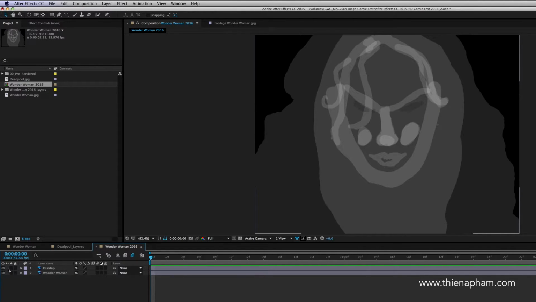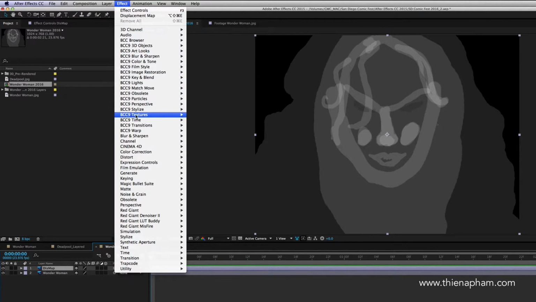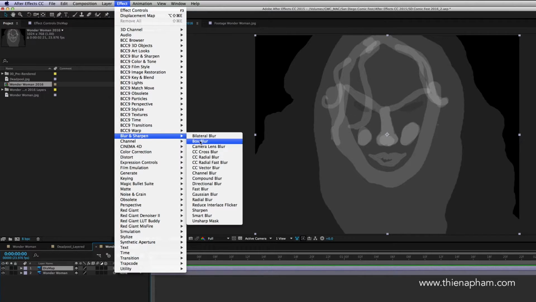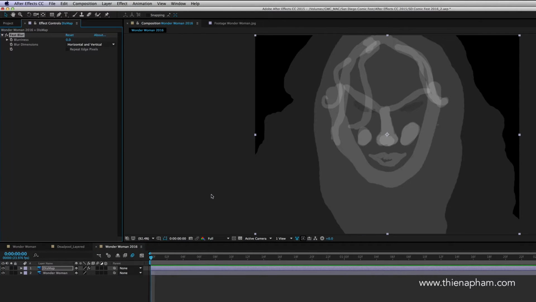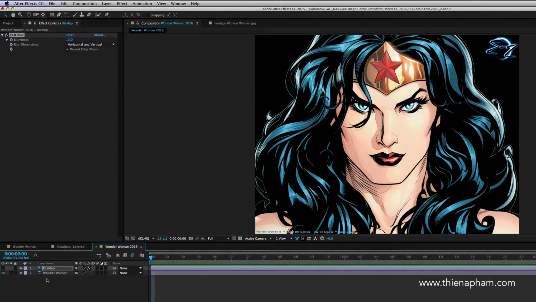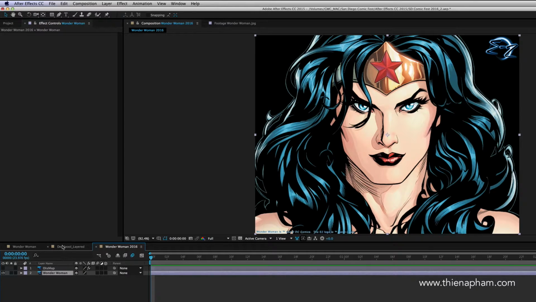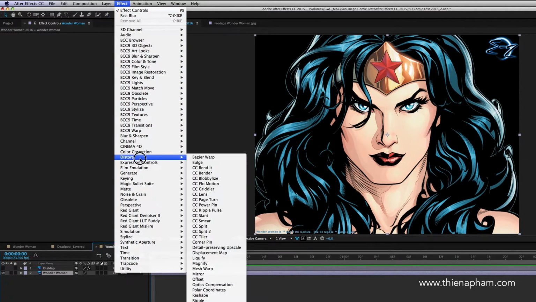So far, so good. We're going to select the Displacement Map layer. Go to Effect, Blur and Sharpen, and apply a fast blur effect. Let's increase the amount to about 10 and check repeat edge pixels. Then we're going to turn off the Displacement Map layer and apply the Displacement Map filter to the Wonder Woman layer by going to Effect, Distort,